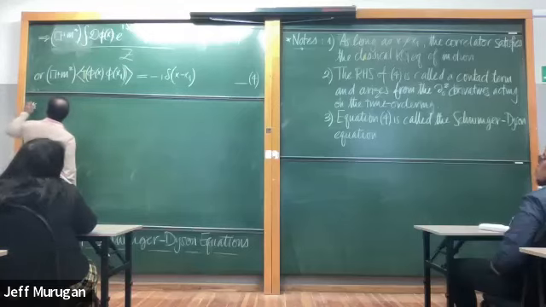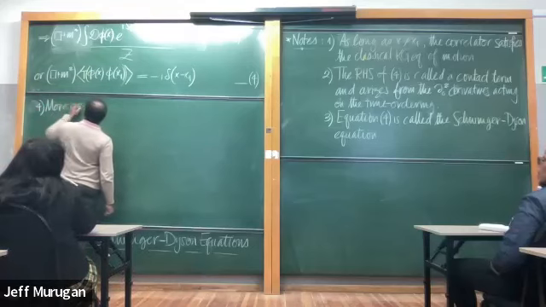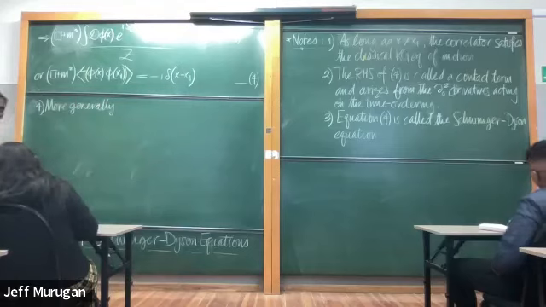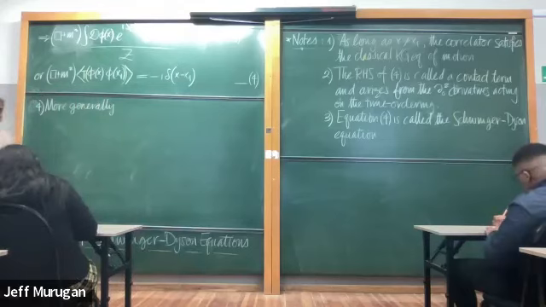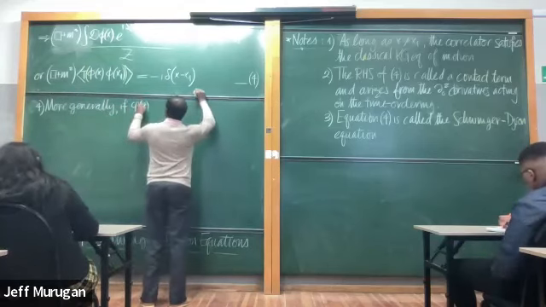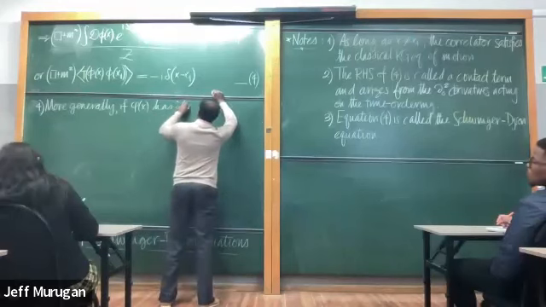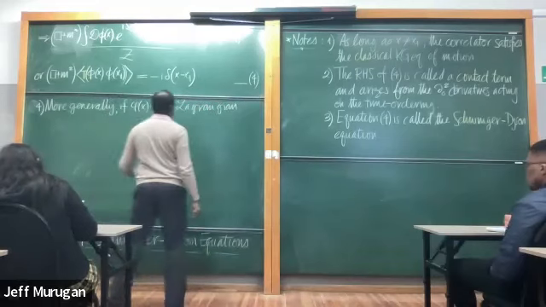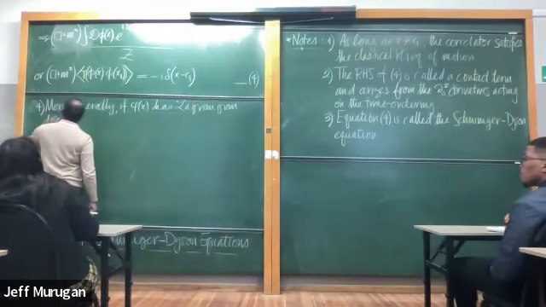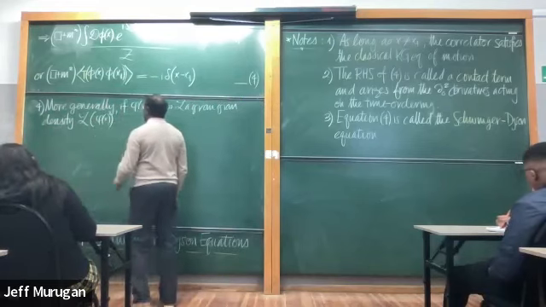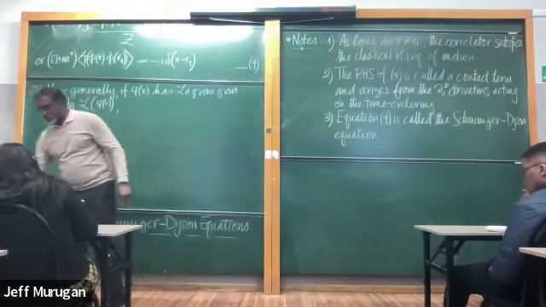So more generally, if I consider some field phi with dynamics governed by some Lagrangian, let's say L of phi, and we imitate what we did, if phi of x has a Lagrangian density L of phi of x, then the Schwinger-Dyson equation reads